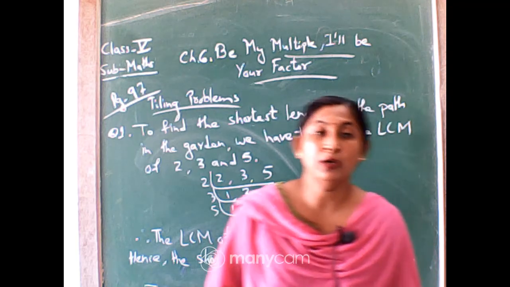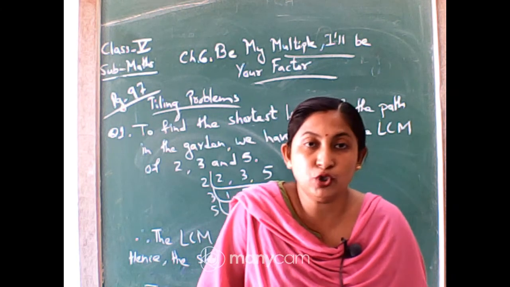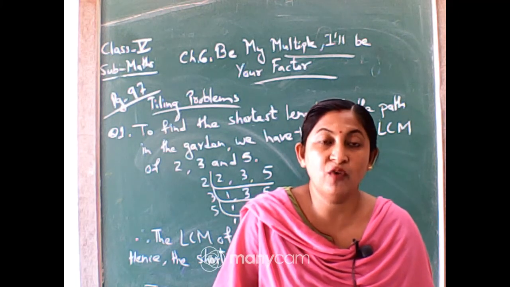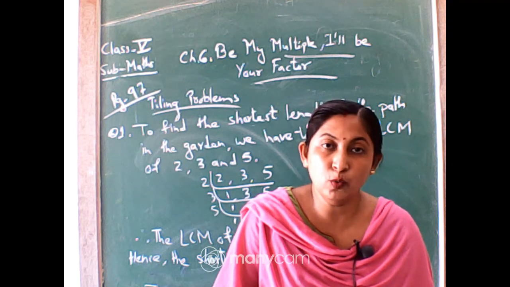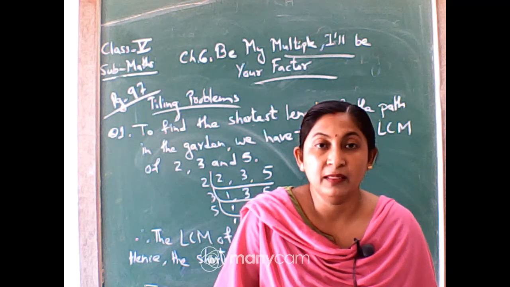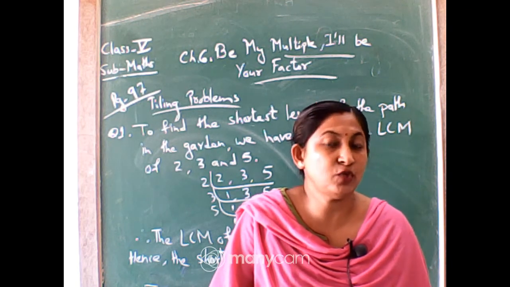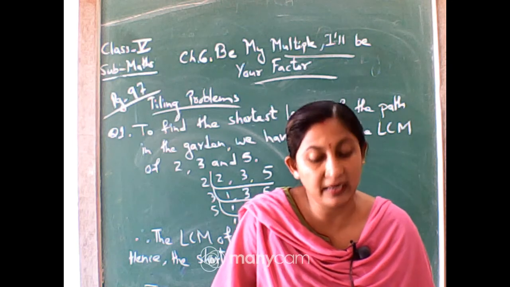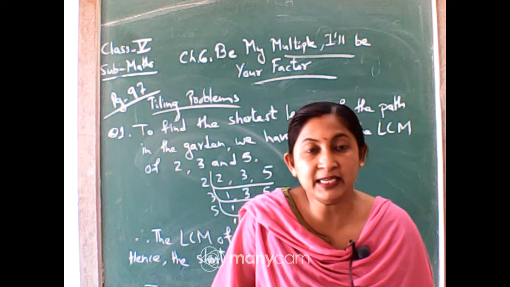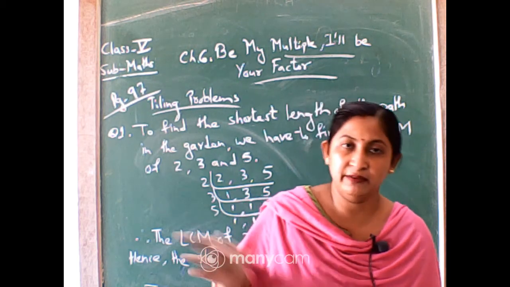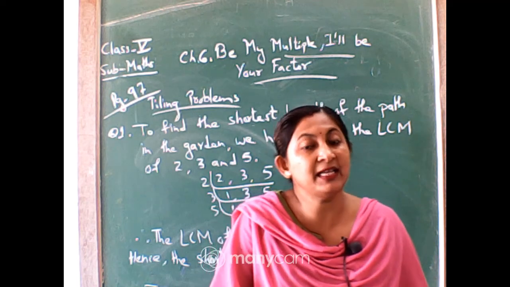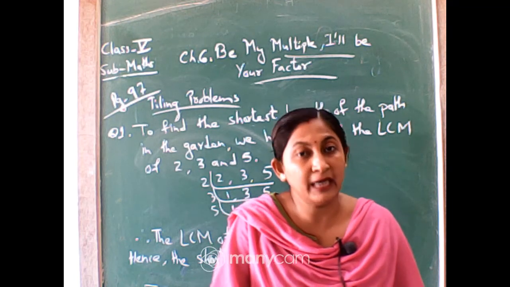See, in question number 2, it is told that Manoj has made a new house, and he wants to lay the tiles in the room, and the size of the room is given as 9 feet by 12 feet. That means the length is 12 and the width is 9. As we know, the longest is the length of the room, or of that rectangle. So naturally 12 is the longest one, that means it is the length of the room, and the width of the room is 9.